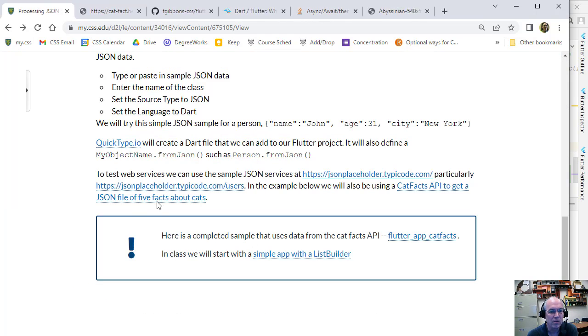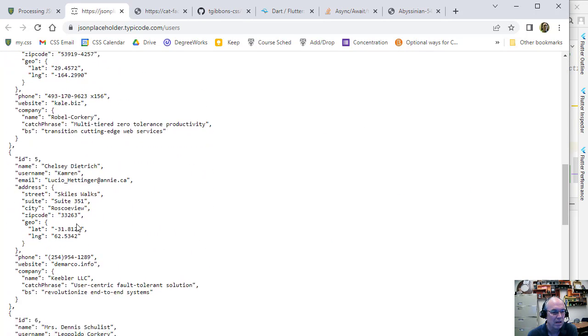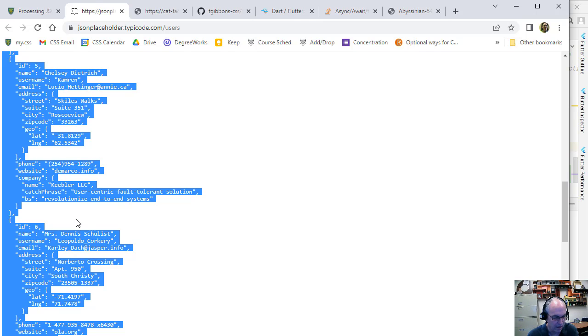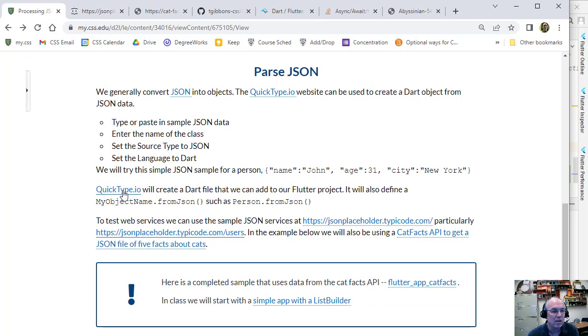This has some standard placeholders. In fact, this is the one we want, a new user. So let's just look at that. If we have a whole set of users here, I'm going to take that whole file, copy it, and go here and open up this quick